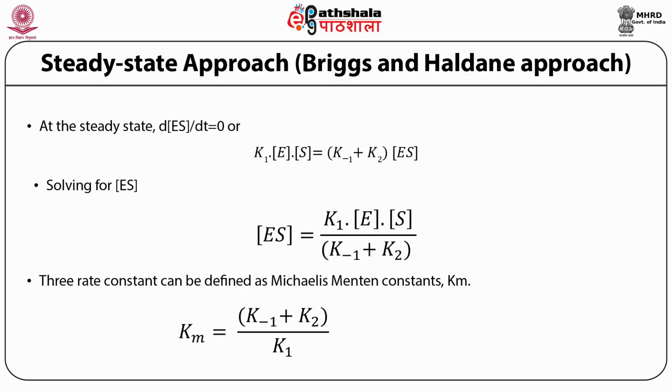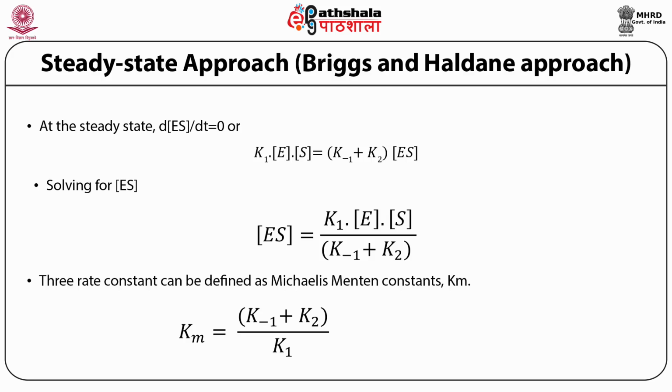In equilibrium theory, when we are having Ks, we are not considering K plus 2 because we are assuming that in equilibrium theory we have less product formation,